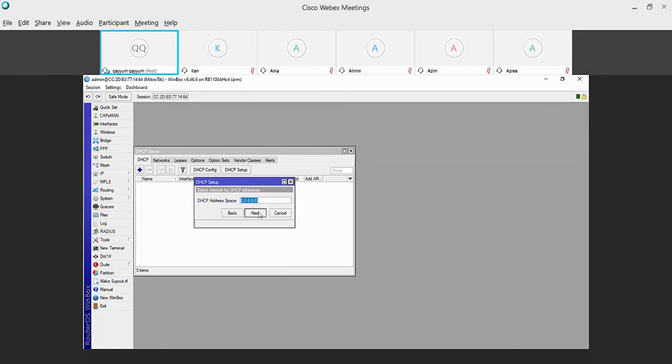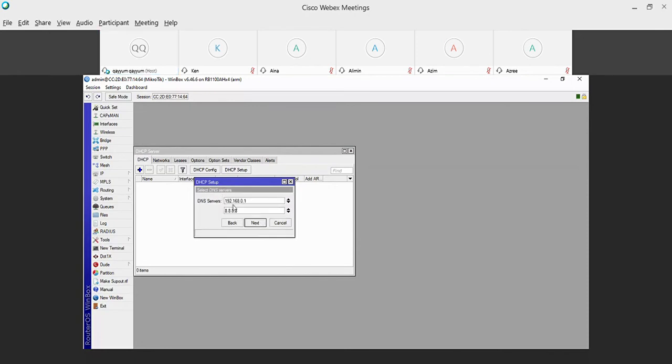Click next, and then we define the network for the user, for example 192.168.50.0/24. This is the segment for the user. Then the gateway: you can change the gateway or leave it as default. I want .1 as my gateway. Then for the relay, because you don't have any DHCP relay, you just leave it. You click next, and then you create the pool for your user. If you want to change the pool, you can. This is the DHCP pool for my user, so I click next.